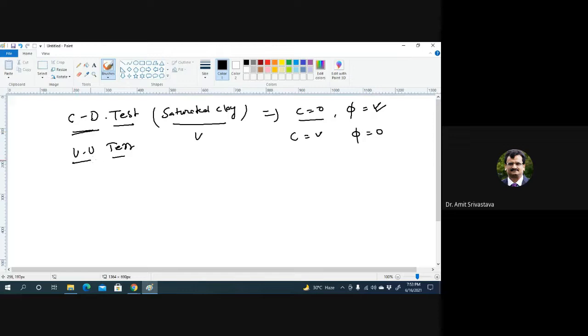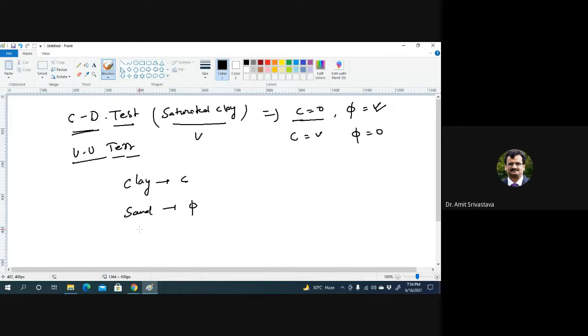So please, first of all, those who are the beginners or those who are learning this subject, geotechnical engineering, they should be very, very clear on these parameters, and they should never get confused that these C and phi are the inherent properties of the soil. They are not inherent properties, they are test dependent properties. But then why are we relating, since long, clay with C and sand with phi?